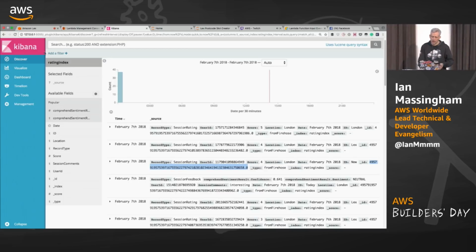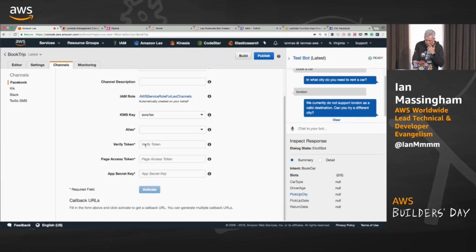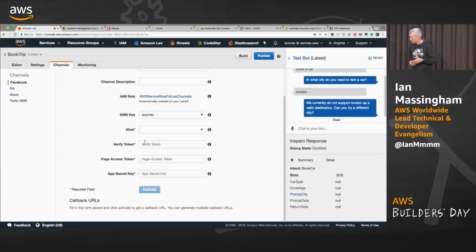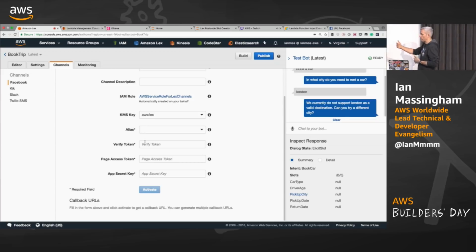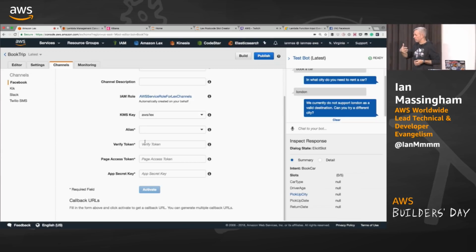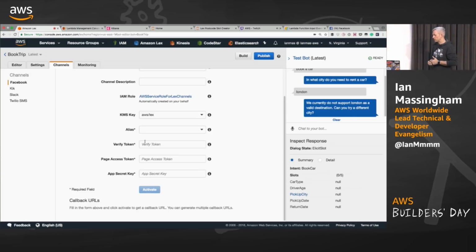And it's probably worthwhile just talking about how this channel integration works, because this is a really interesting part of the service in my view. So in integrating with services like Facebook, Twilio and Slack that we have built-in integration for, or Kik, which is a new integration, these work by using webhooks. So we're establishing 2 webhook API endpoints, one in AWS that the service provides, where we receive messages from the Facebook Messenger API. Each time you enter a message into my Facebook page, Facebook packages that up into a JSON object and fires it over to my API endpoint with some shared secrets for authentication. And that includes your session ID, so that's how I know who you are, both for the session and for your unique user ID.